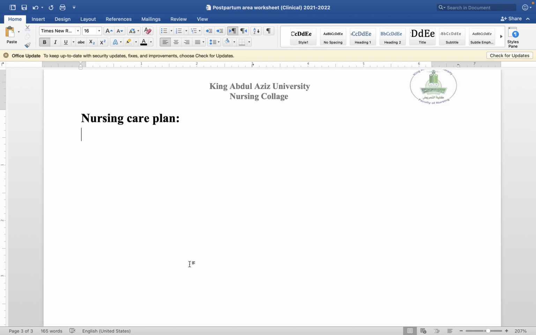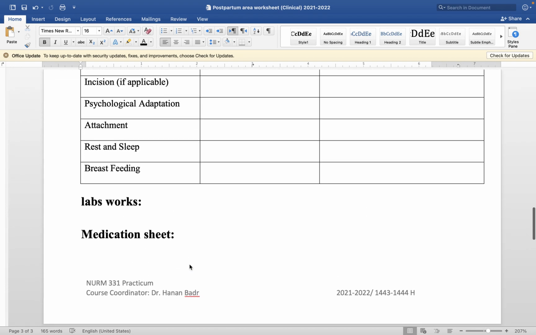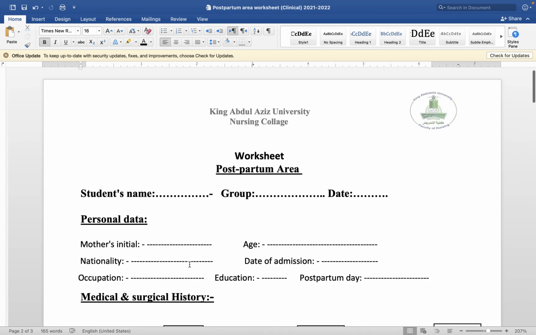So for this part, you need to go back to the clinical instructor, because some clinical instructors might require two actual nursing diagnoses or high-risk potential nursing diagnoses, and it's based on the clinical instructor's request, and definitely based on the findings that you get from the history and the physical examination of your patient. Thank you so much, and I hope